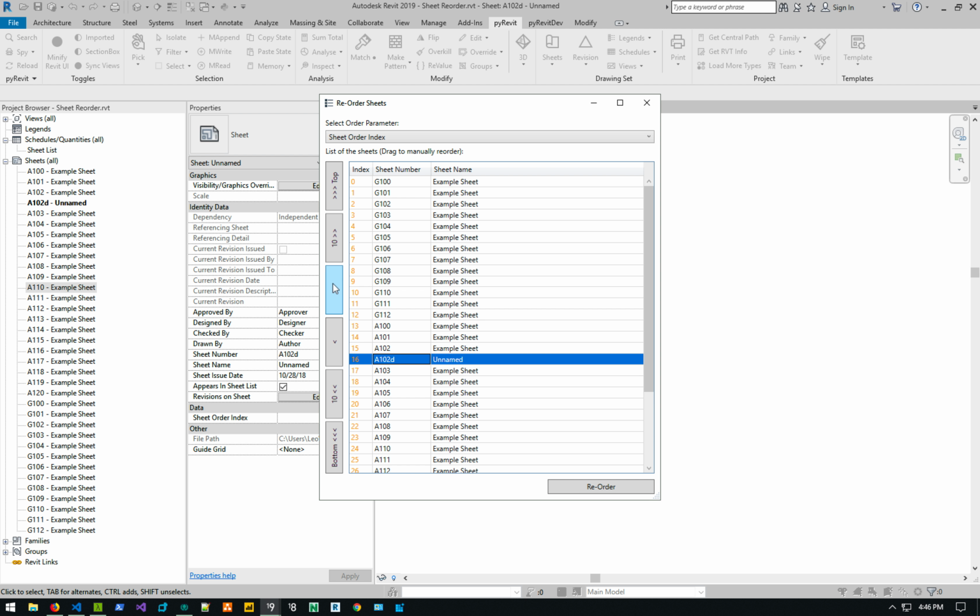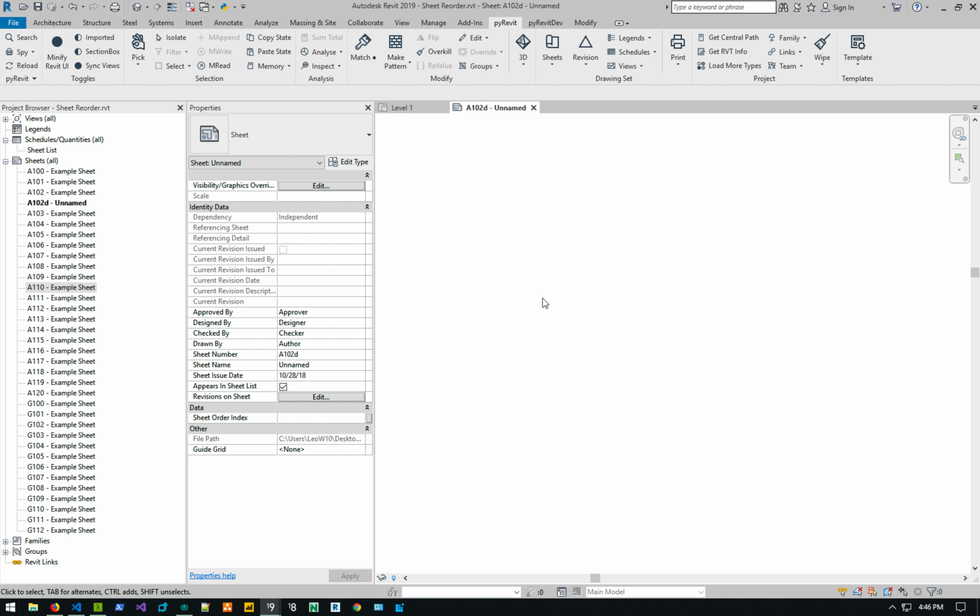And I'm going to make sure that I move it once so it's before 102. And as you can see, as I'm making changes, the index on the left-hand side is getting updated, and any other changes that you want to make. Obviously, most of it is fine because the sheets are in sequence. But you can use the up by 10 steps, up to the top, and then down 10 steps, and then to the bottom of the list to move the sheets around and whatnot. And then when you say reorder, the tool will set the index values in that sheet order